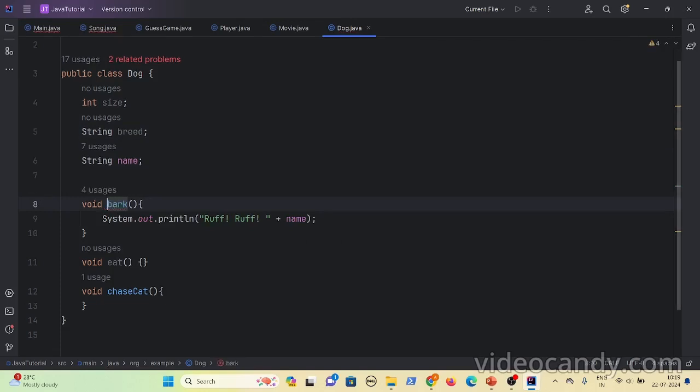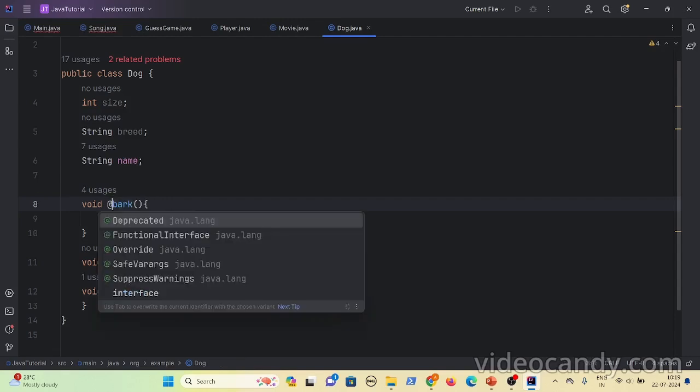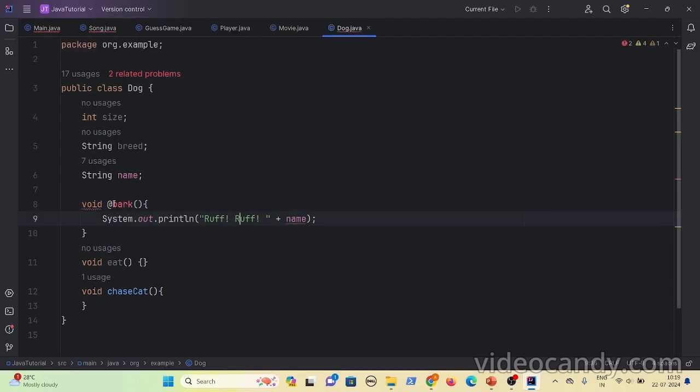So if you look at the keyboard, apart from the numeric, what else do you have? You can use alphabets, be it small case or uppercase, and then you have special characters. Okay, let's start with the alphabets as a starting letter, as we are already using. It's working fine. Let's see whether you can use any special character or not. Let me start with the at the rate sign. So it is throwing an error: cannot resolve symbol.